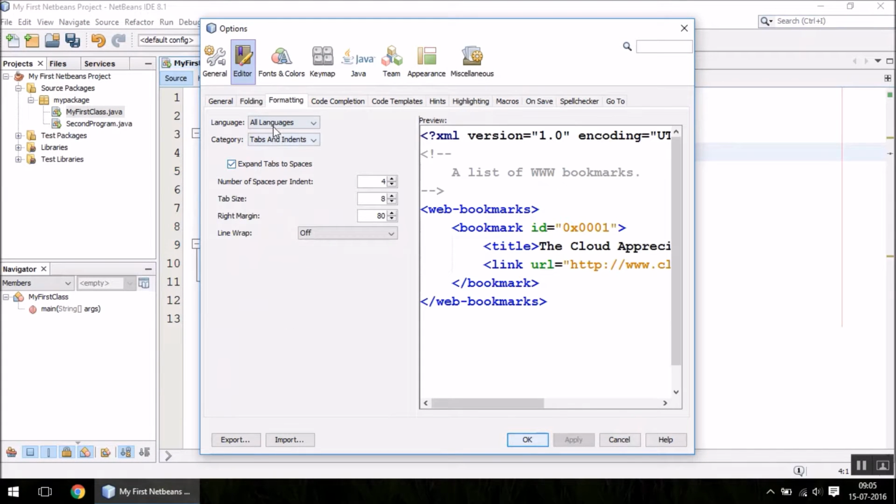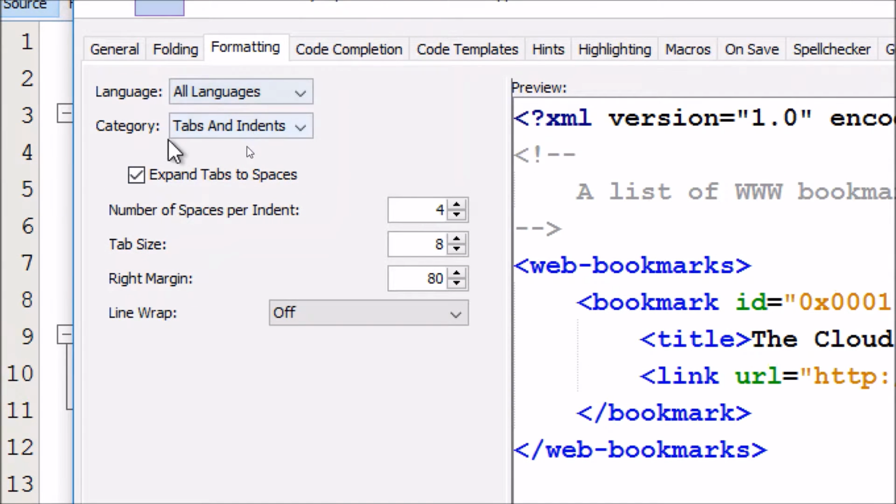When you go to the formatting tab, these settings are not going to look like the ones you are seeing right now, because I have already changed them. But make sure you select this option, expand tabs to spaces, and as soon as you select this, you will have the option to make changes in these settings.